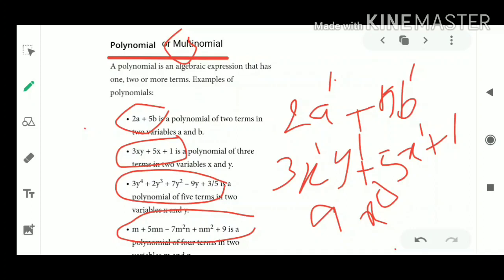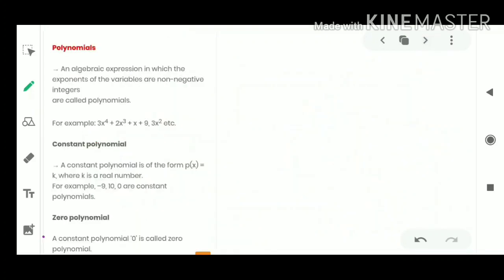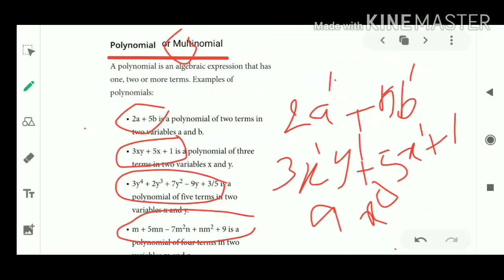So here, if the powers are only whole numbers, then it is called a polynomial. Okay, for example, see in the next example, polynomial. This is the original definition of polynomial. Multinomial means according to the terms occurring in the algebraic expression only we will tell it is a multinomial, but that is also a polynomial. But what is the separate definition of polynomial?